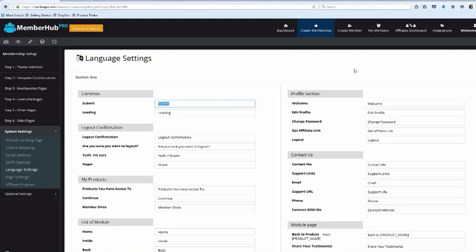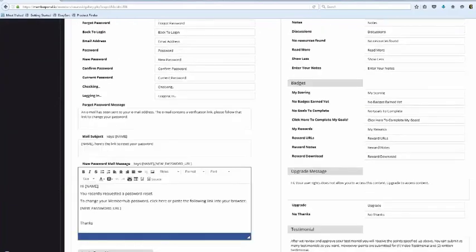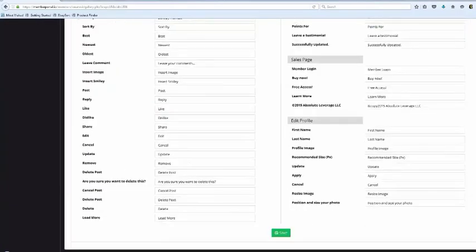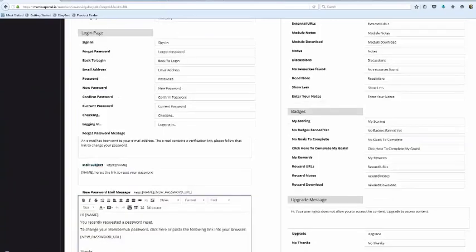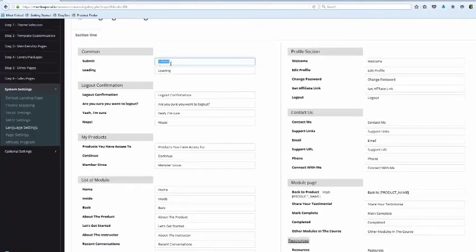But here's what we're able to do. We have put everything that we have inside of MemberHub all here in one place. We've thrown it at you like a kitchen sink, and it's a good thing because we don't want you having to hunt around trying to find this stuff. So you're able to come over here, and however you would say the word submit in Spanish, Russian, Polish, whatever, you would go ahead and change this out. And so now you're able to convert your whole entire membership to a different language. Okay? In phase 2, we're going to do something even cooler with it, but that's where we're at right now.